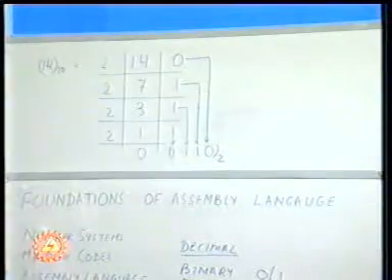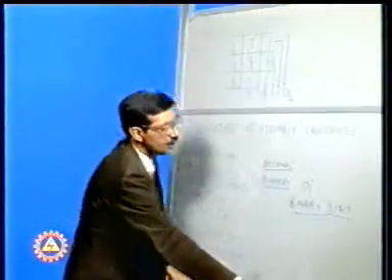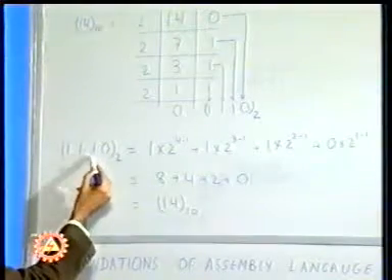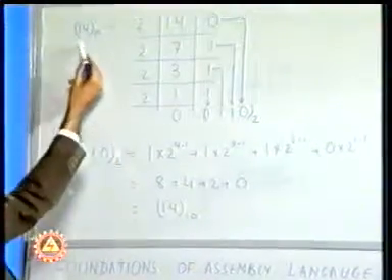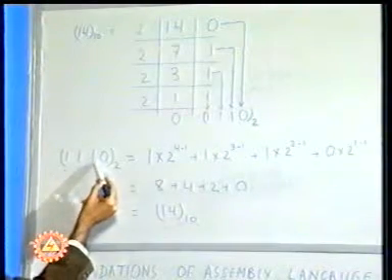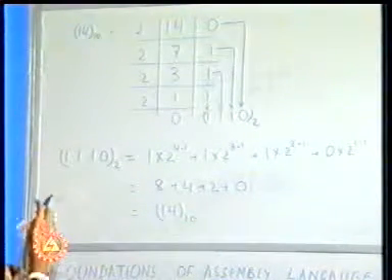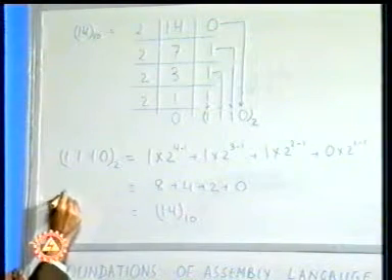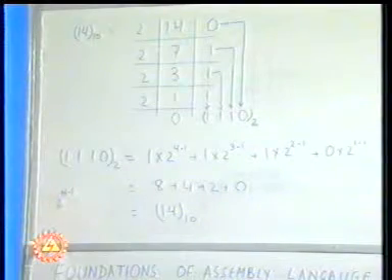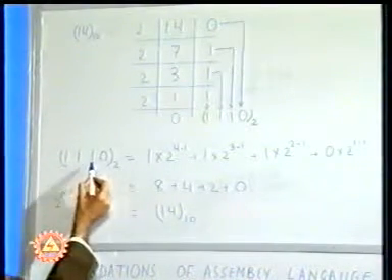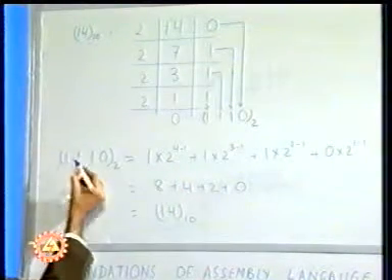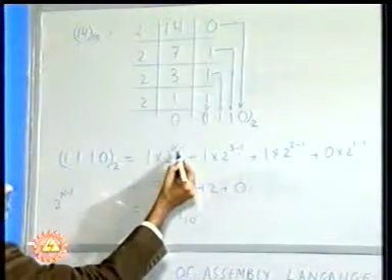Similarly, we can convert a binary number which is available to us, that is 1110, which is equivalent to 14 in decimal, by multiplication of each of these digits by 2 raised to the power n minus 1, where n is the position of the digit. So let's take this example, that is 1110. The first digit which we are taking is in the 4th bit position. So that is why we say 1 into 2 raised to the power 4 minus 1.